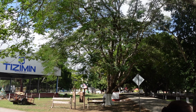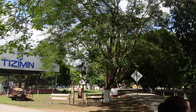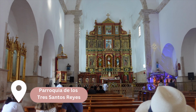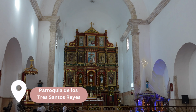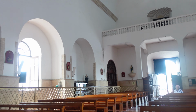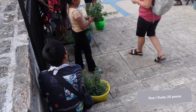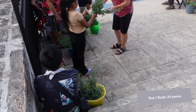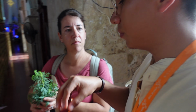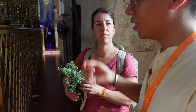And once we arrived back in Tizimín, we went to Parroquia de los Tres Santos Reyes, which is a historic church built in the 16th century by Spanish missionaries. What fascinated me the most were these people selling ruda or rue plants outside of this church. For 20 pesos we bought a bundle and Alan explained to us the significance of this plant and the tradition